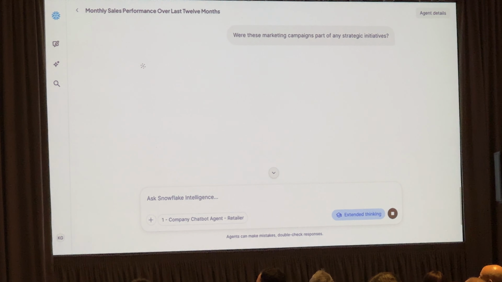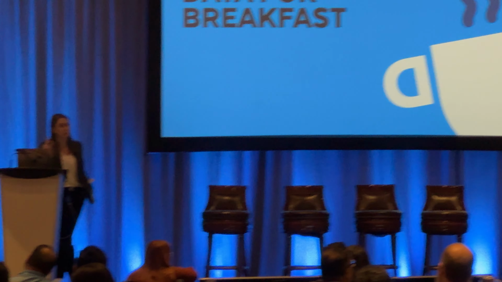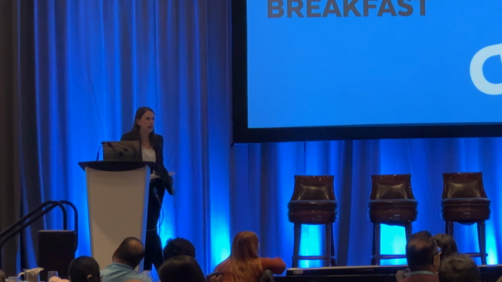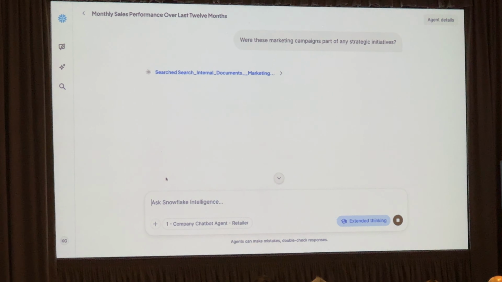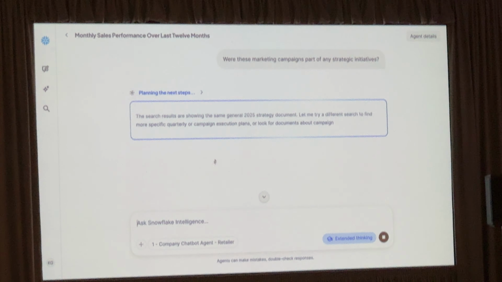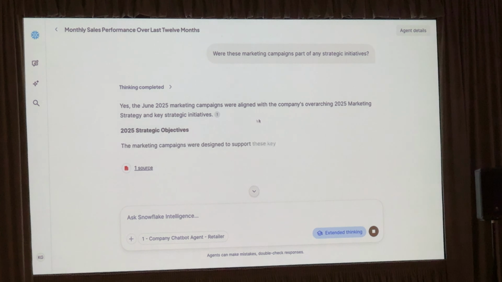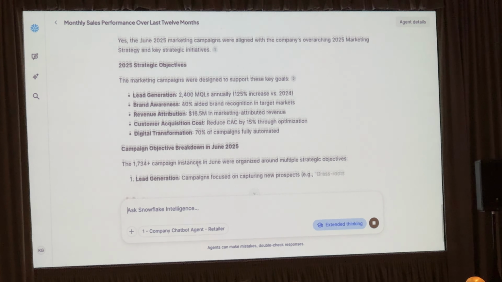And this is where I am crossing my fingers that it's actually going to look at some of these strategic documents and connect the dots, and then actually give us access to the citations of where that content is coming from, so that we could go to those documents and see exactly where this information is coming from. It reminds me a lot of Glean, which I use internally a lot at Snowflake. It's similar to the way that it provides citations of this came from Slack or this came from Google Drive. That's what Snowflake is trying to do as well.